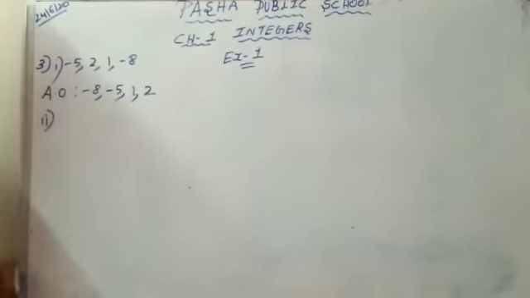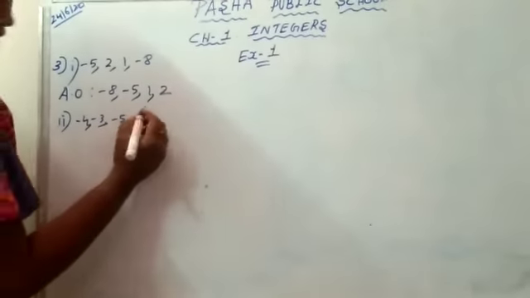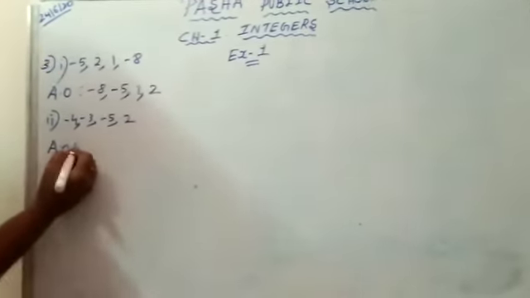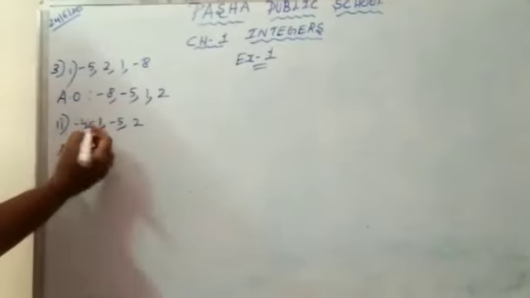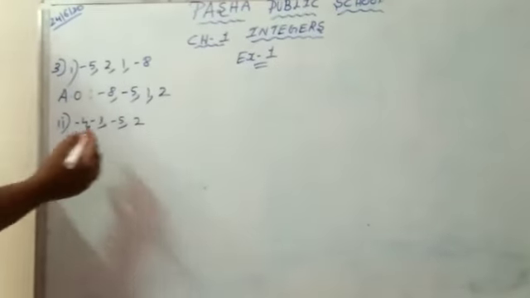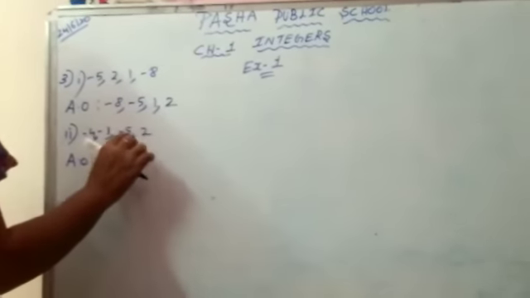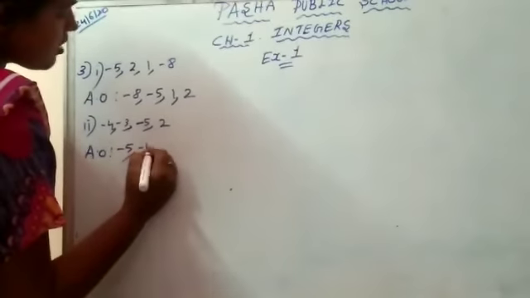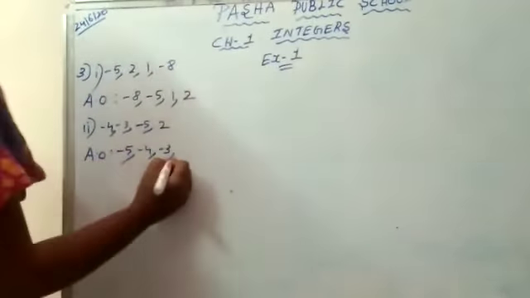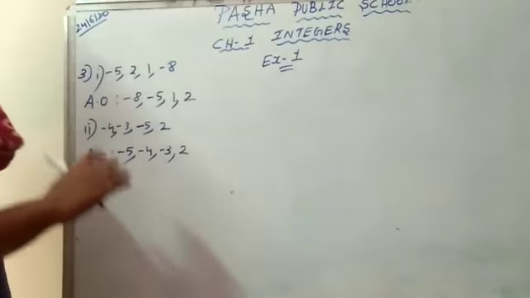Now the second sum: -4, -3, -5 and 2. This should be arranged in ascending order, small to big. Here we have 3 negative values: -4, -3, -5. When you are finding the smallest negative number, we need to check which is the greatest number. Which is your greatest number? 5. So our smallest negative number is -5. Next is -4. Now next -3. Here we can see only one positive, that will be your next number. This is the way we arrange our integers in ascending order.